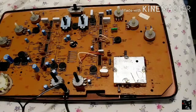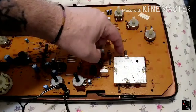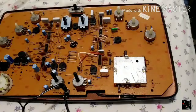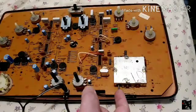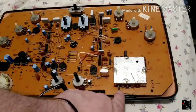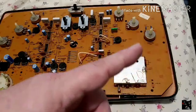So I put it back to channel 3, and thinking maybe that this switch was a little dirty, I just wiggled it back and forth enough times and then put it to channel 3 and left it be. I started to adjust this screw as I was originally going to, and all that really did was clean up the screen as far as static was concerned. And I noticed the sound